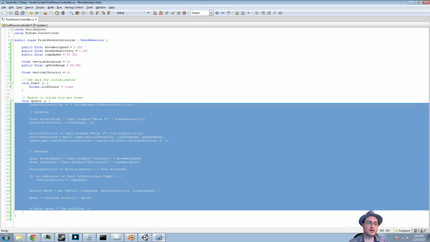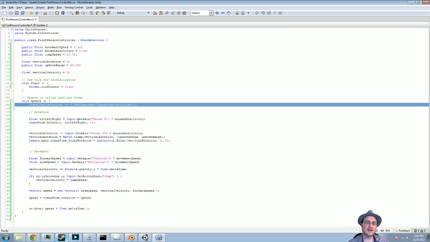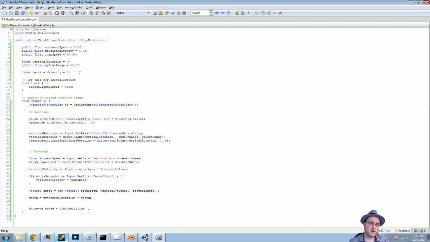One of the things I want to clean up: the character controller, we are picking it up on every single frame, and this is technically kind of an inefficient thing to do. It's not really hurting us here, and you don't want to optimize too early because you just go out of your way, but this is actually kind of a silly thing. What we want to do is grab it once and be done with it. Furthermore, it'd also be a good idea if we actually checked to make sure there was actually a character controller on our character. So one thing we're going to do, we're going to take character